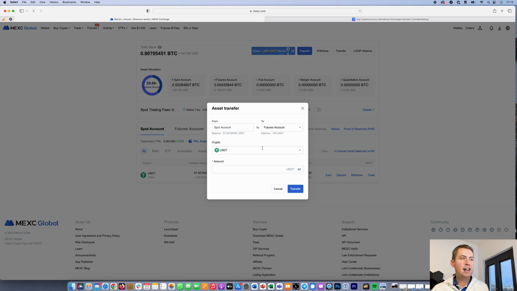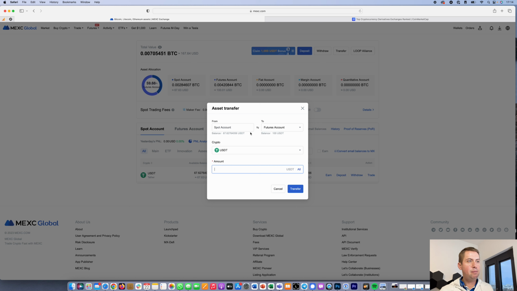between your different accounts. If you want to trade futures, it's always best to have USDT in your futures account, because most of the cryptocurrencies are traded against USDT, and most of the volume is there, so it really makes sense to have USDT there. If you have Bitcoin on the exchange, try to exchange it to USDT and then start trading with it. You can specify the amount you want to transfer from your spot to your futures account. It's obviously free to transfer money from one account to another, and it's instant, so the money will